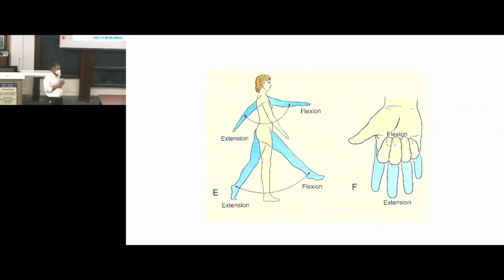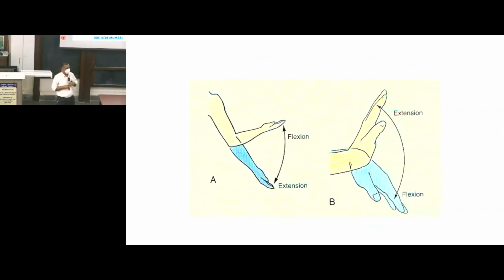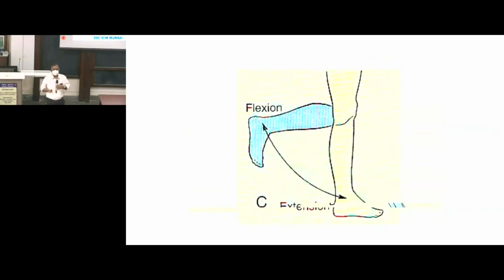Flexion and extension, opposites. Flexion means bending. Extension means straightening. Simple example is the elbow. When we bend the elbow, this is flexion. When we straighten the elbow, this is extension. Very simple. Same way for the wrist, the hip, the knee, etc. Flexion and extension. Right? Bending is flexion and extension is straightening. The surface which bends is different for different joints.